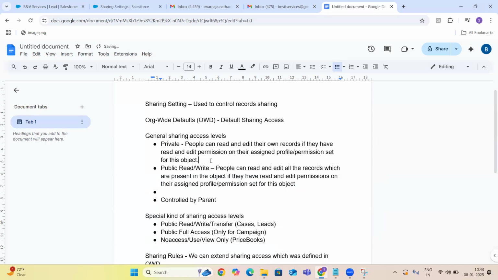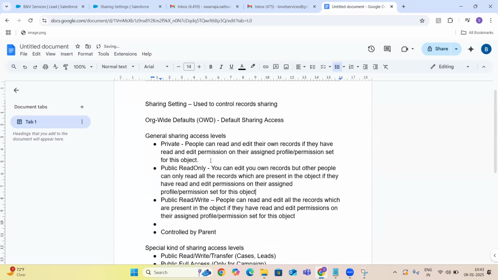Let me change it this way so it is very clear. In all these three cases, private, public read only, and public read write, the person's profile has read and edit permission on the object level. In all three cases, the profile level permission for that particular object is read and edit.